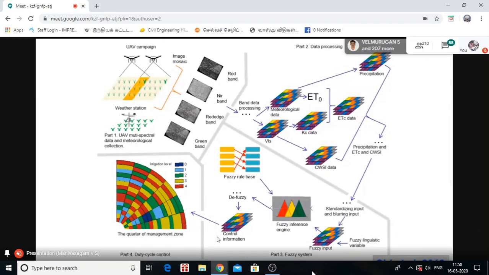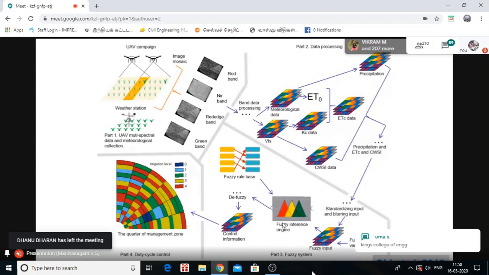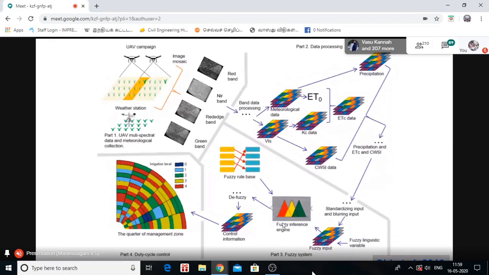So here in this study, they have used fuzzy logic. Fuzzy logic is a highly useful technique for decision making, because in any real world problem we can't make strict rules like either irrigate or don't irrigate. We have to see the different combinations, like whether the rainfall has happened, how much the current plant water demand is, and if it is exposed to any stress. So based on that, we have to make the fuzzy rules.